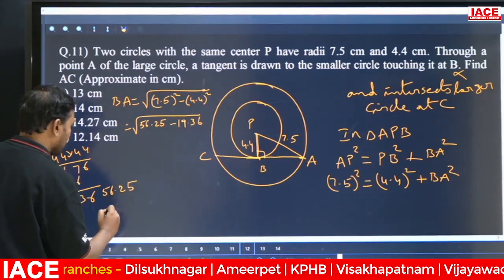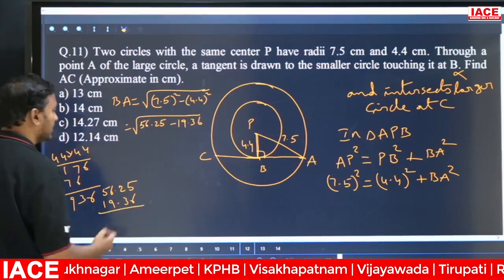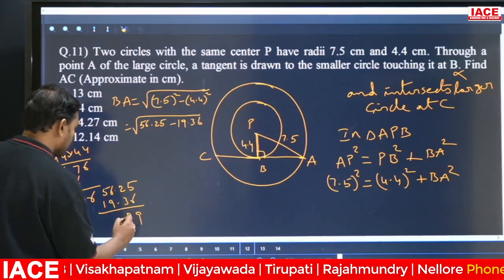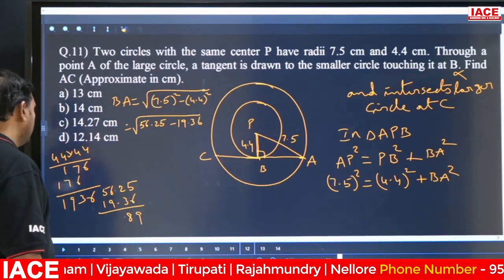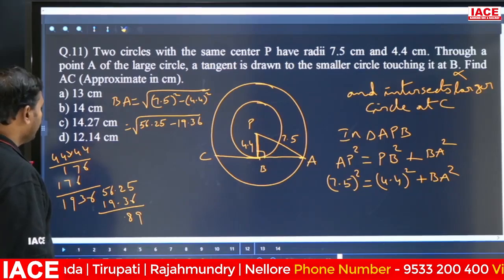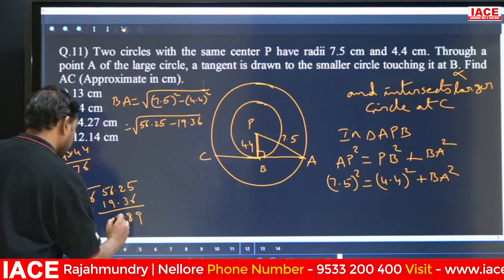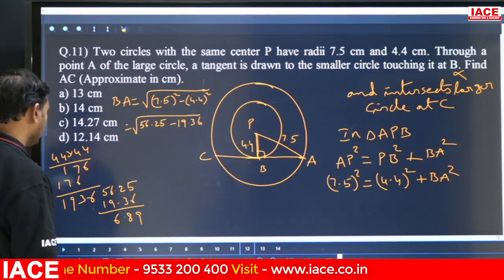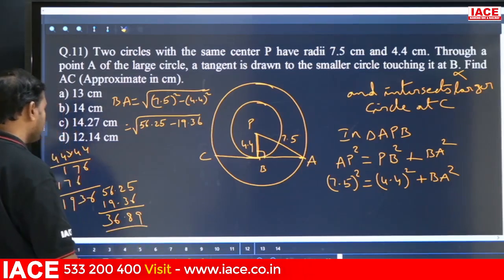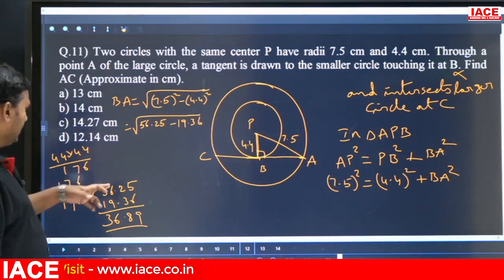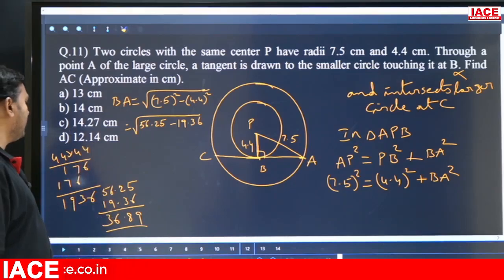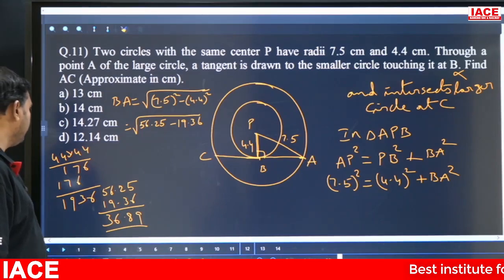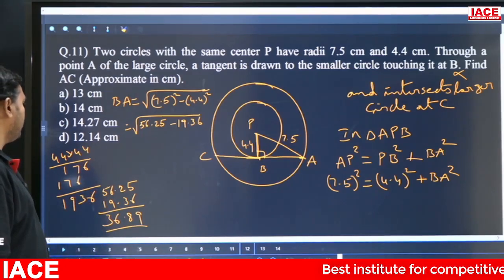56.25 minus 19.36, we have to subtract. That is 9, here 8, and here, so 15 minus that is 6 and 2, right? 4 minus 3, 36.89 exactly. See, 9 and 11 minus 3 is 8, and 15 minus, sorry, we made a mistake here. 15 minus 9 is 6 and 3.